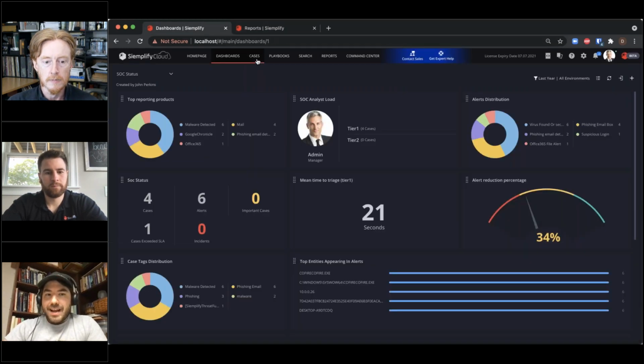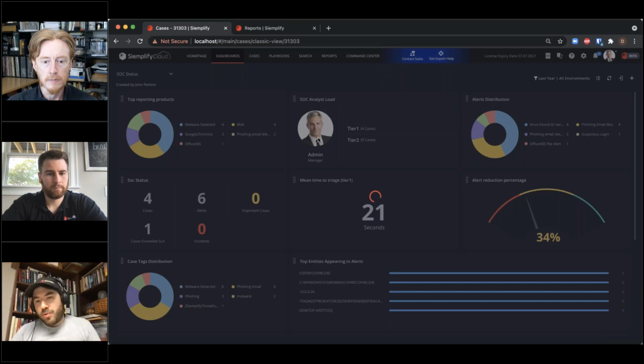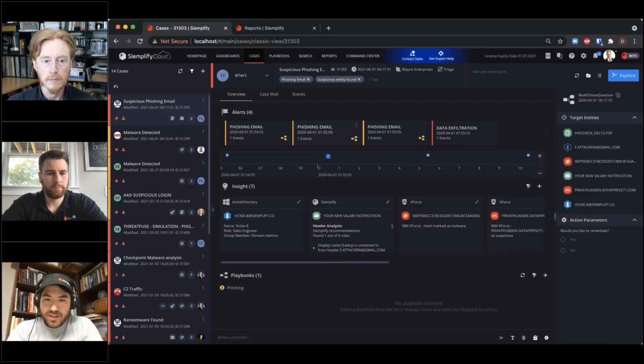The other piece here is that as I create a case, there are sometimes where we want to take it out of the area of the analyst and the tools, and say, I really want to transfer this into what we would call our Command Center. This is where we'd say, I want to pull this out of the weeds a little bit and move it into more of a people, a task, a type of case where I'm managing the people rather than necessarily the tools. And I can say within this case, this contains some pretty important people that have maybe been attacked from a phishing email perspective. I need to open this up in Command Center.